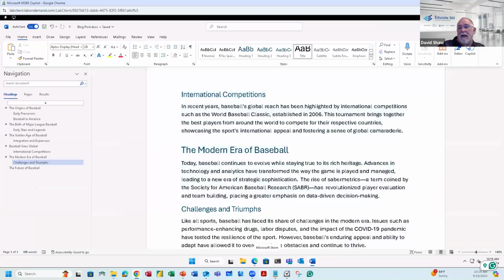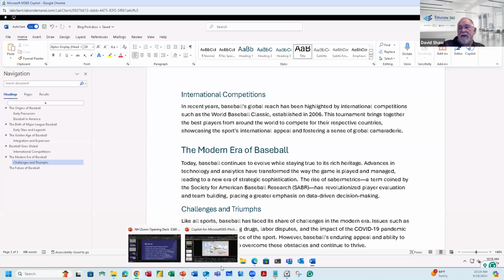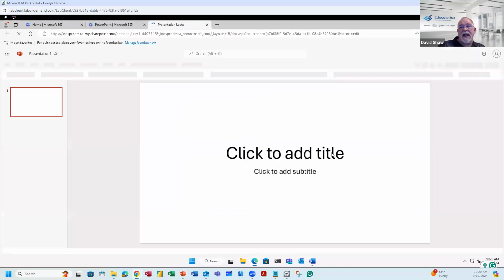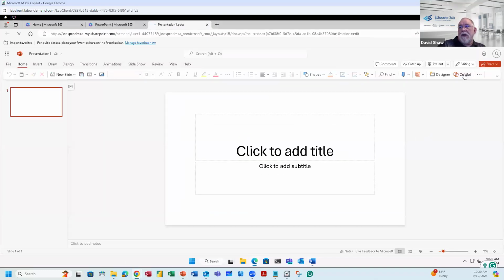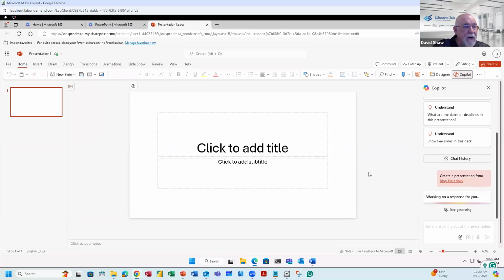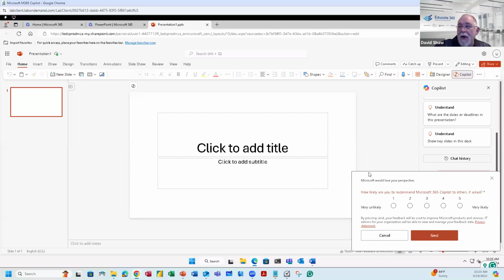because my next thing is going into PowerPoint over here into a blank presentation using Copilot to create a presentation from file. And now I can go ahead and say blog post. There's the file. And in a couple seconds later, I should now have a PowerPoint